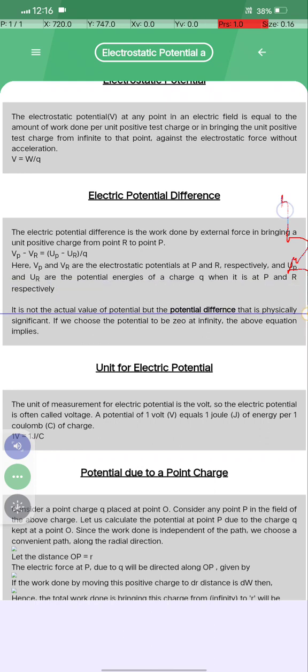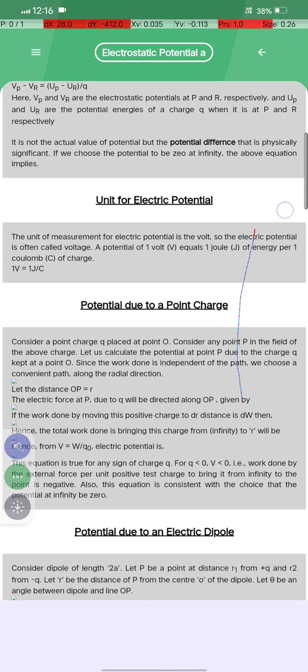It is not the actual value of the potential but the potential difference that is physically significant. We choose the potential to be zero at infinity. The above equation implies